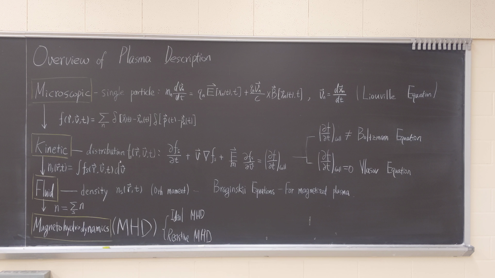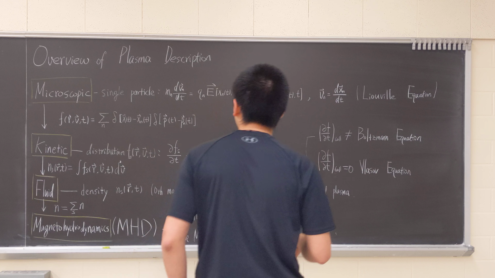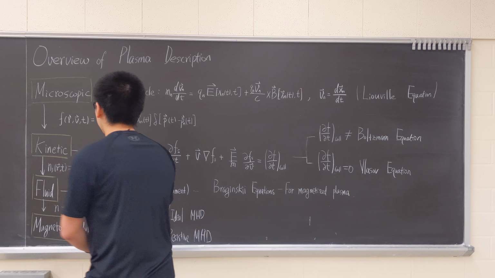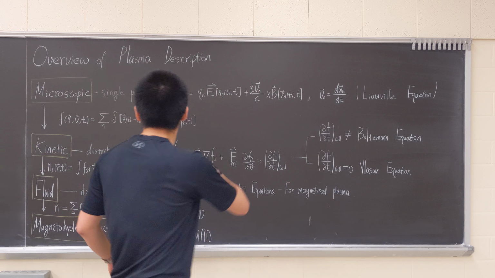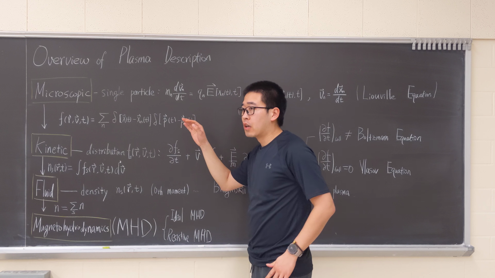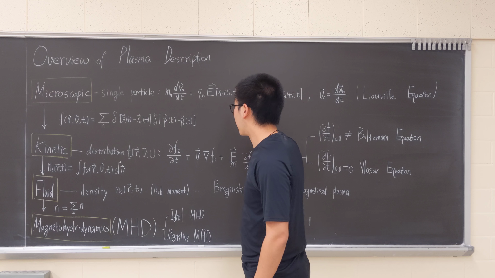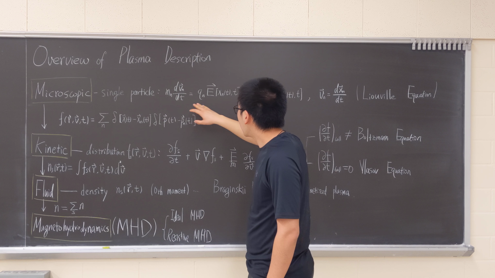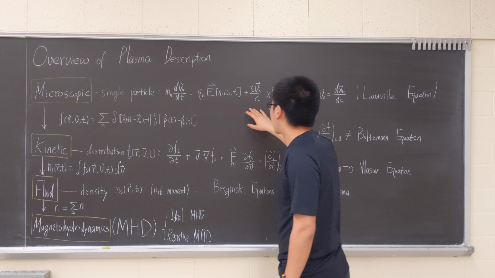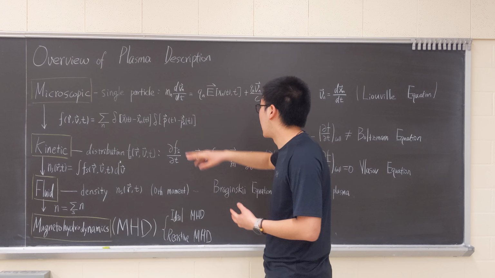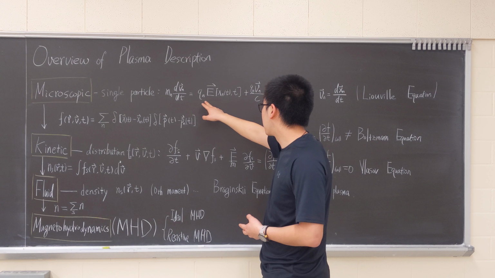Okay, let me give you a quick run through of different plasma descriptions. There's a microscopic one, which basically means a single particle motion that will be summed over in a way. A single particle can be thought of as basically the second law of Newtonian mechanics, m dv/dt equals